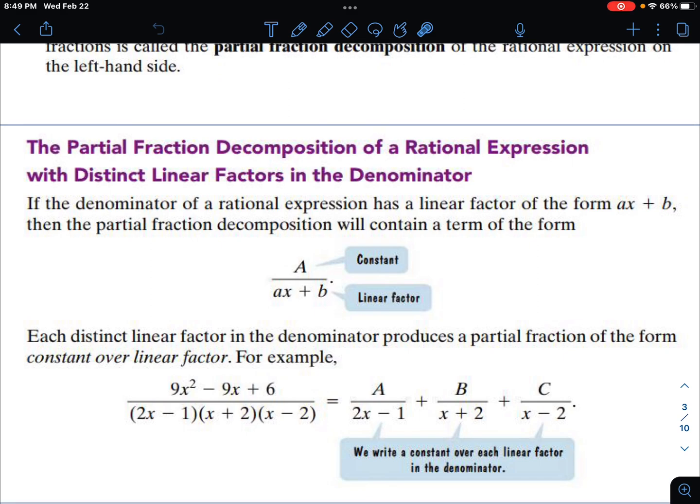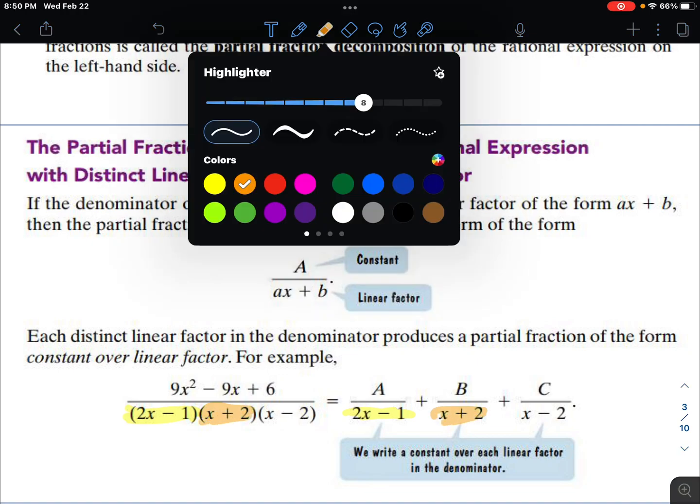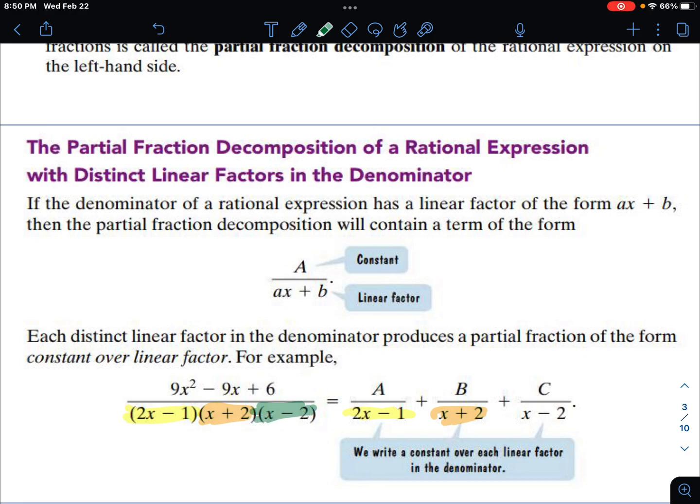This is the basic idea. When you have a function like this, where we have a polynomial over a polynomial, and this denominator has 3 different terms, each of these are unique terms. So we have 1 unique term, 2 unique terms, 3 unique terms. And each of these is going to require us to make a new partial fraction to